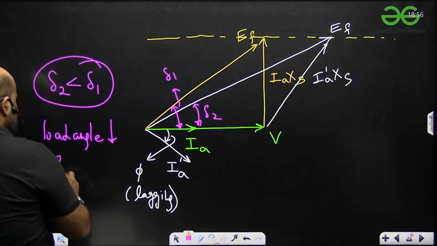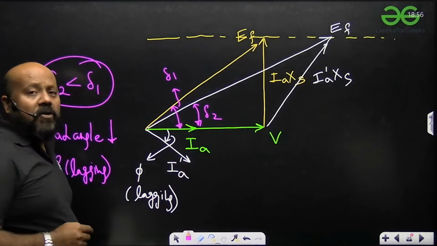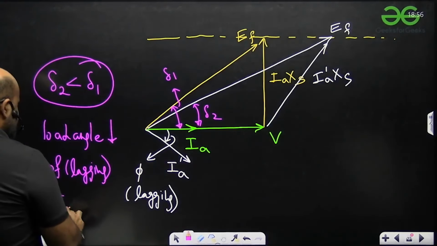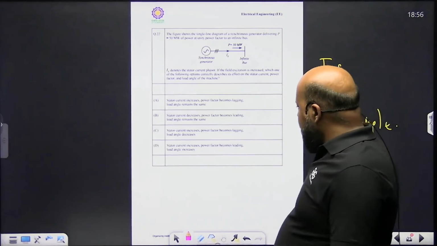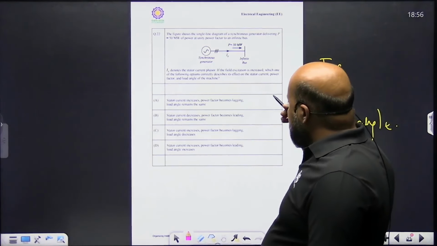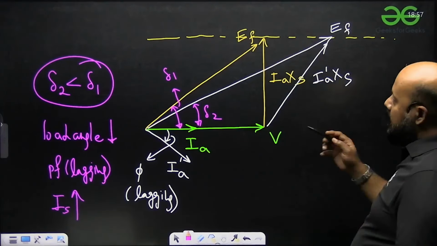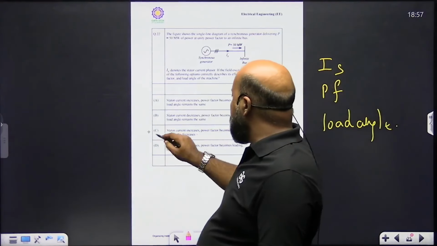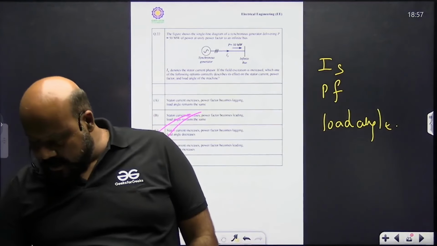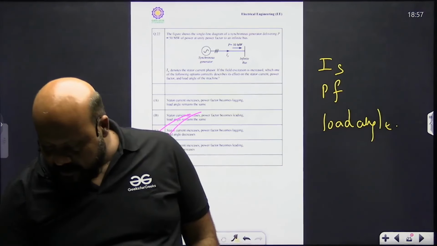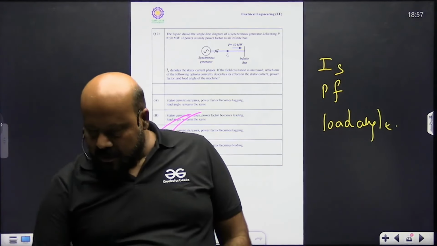पावर फैक्टर कैसा हो जाएगा? लैगिंग हो जाएगा। और करंट की वैल्यू क्या हुई? करंट की वैल्यू बढ़ गई, तो जो स्टेटर करंट है वो भी बढ़ जाएगी। अब देख लो किस ऑप्शन में आपका आंसर मिल रहा है। स्टेटर करंट इंक्रीज, पावर फैक्टर बिकम्स लैगिंग एंड लोड एंगल डिक्रीजेस। तो इसका सही आंसर हो जाएगा सी। ठीक है, इसका सही आंसर हो जाएगा सी।